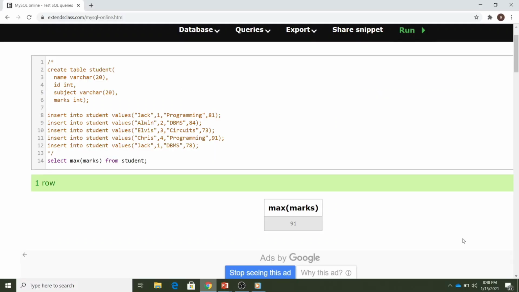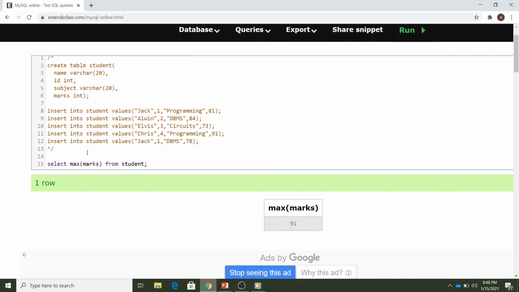Let's just come back to our editor. In this query, we can see that we have fetched 91, that is the maximum marks. Now what we actually want is the name of the student who is getting the maximum marks. So first we have to query on the name, right? Because we want to find out the name. So we will just do select name from student. This is very clear. Now we need to apply the condition that we want to fetch the maximum marks, and for conditions, we use the where keyword, right?